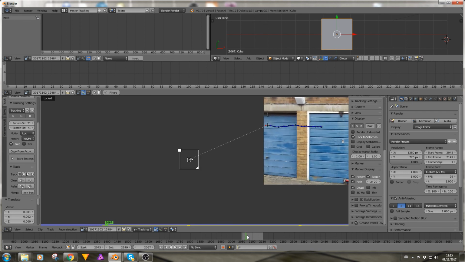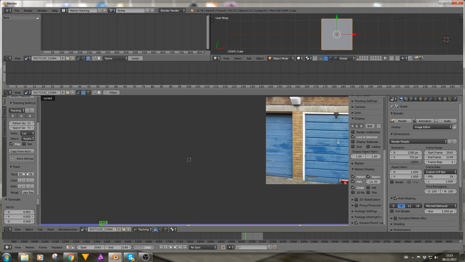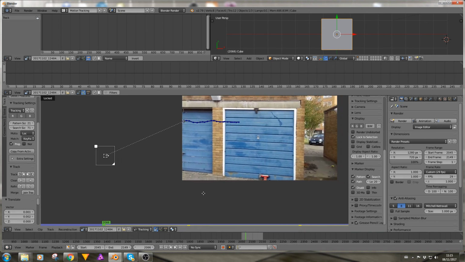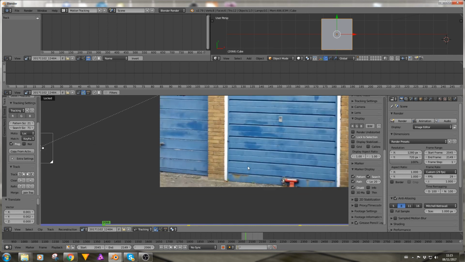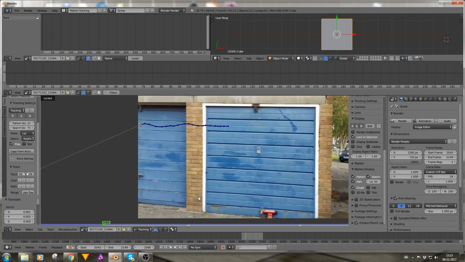So now we need to track the opposite direction, so we'll just find the last point. And then, where is it? There. And then we need to find another point to track, so I'm going to track this lock on the other side. So again, double tap G, GG, move the thing,